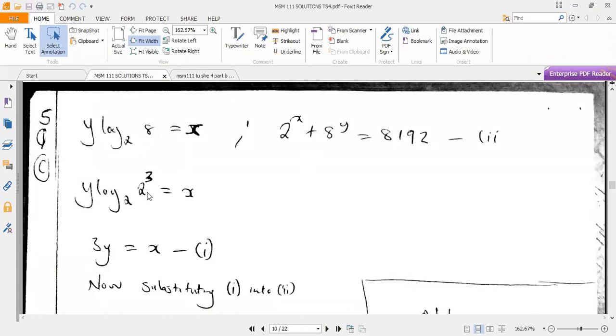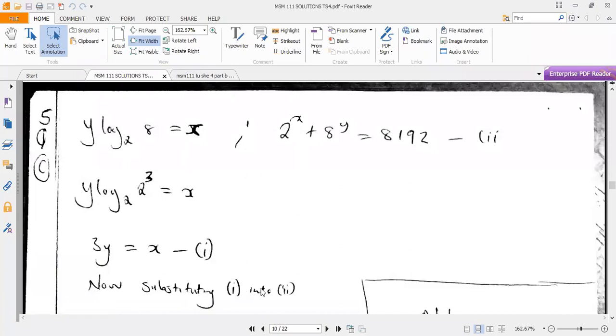So you know that 2 to the power 3, with log base 2, you can easily say the 3 will go down using the log principles. I believe you have seen them already. So when the 3 goes down, we remain with log base 2 of 2. Now, log base 2 of 2 is simply 1, isn't it? That gives you 1. 1 times 3y, the 3y which has dropped, you get 3y here, which is equal to the x this side. This is our equation 1. Now,